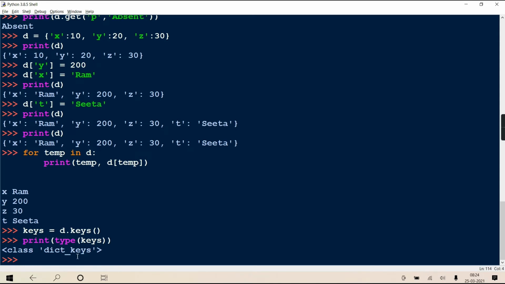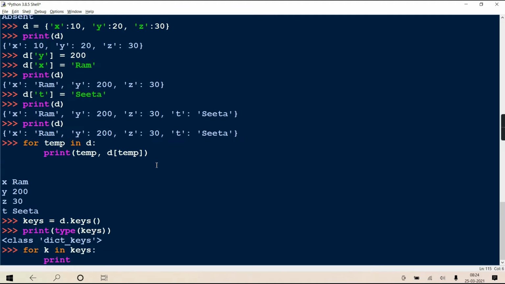But dict keys also comes under the category iterable. So you can use this object in a for loop for traversing. See, if I write for k in keys, and I write print k and d dot get of k.